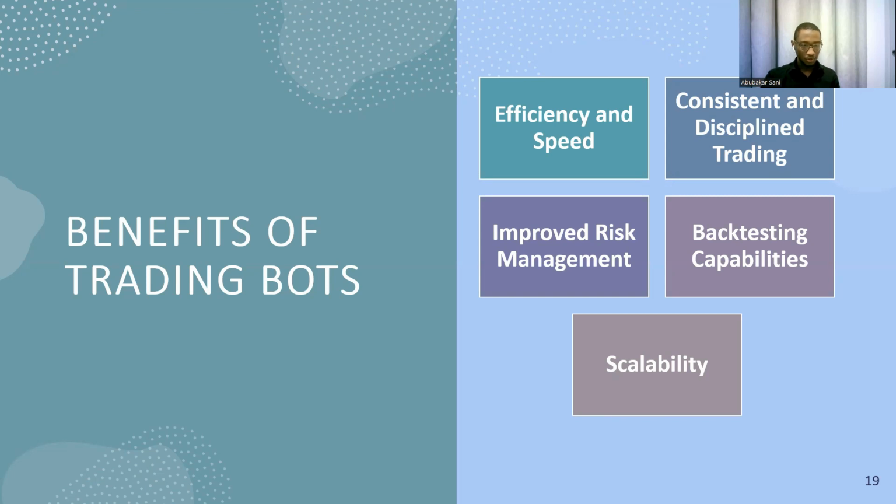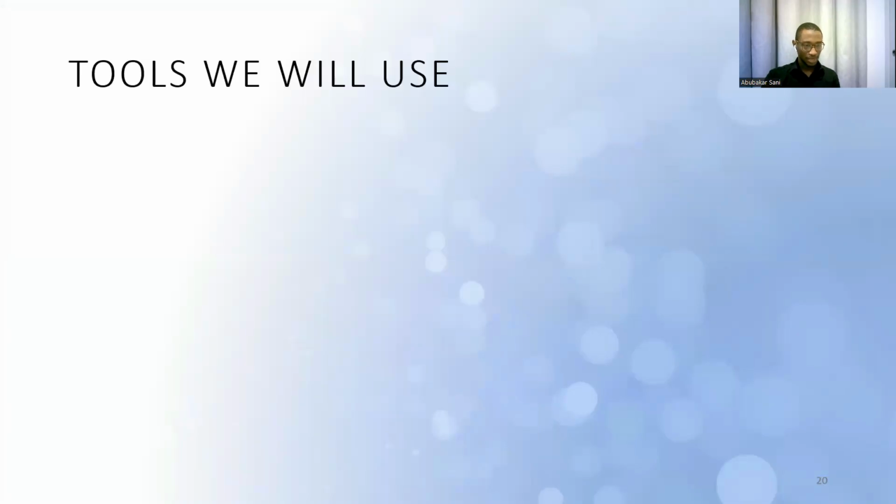But of course, they also come with a few disadvantages. For example, the implementation could be an issue. Again, when it comes to the market, historical data might not be an indicator of what will happen in the future. Maybe previously things followed the same pattern, and then something happened. COVID happened, things changed. So you always have to be there, monitoring it and adjusting it accordingly as the market adjusts. But the benefits far outweigh the disadvantages.